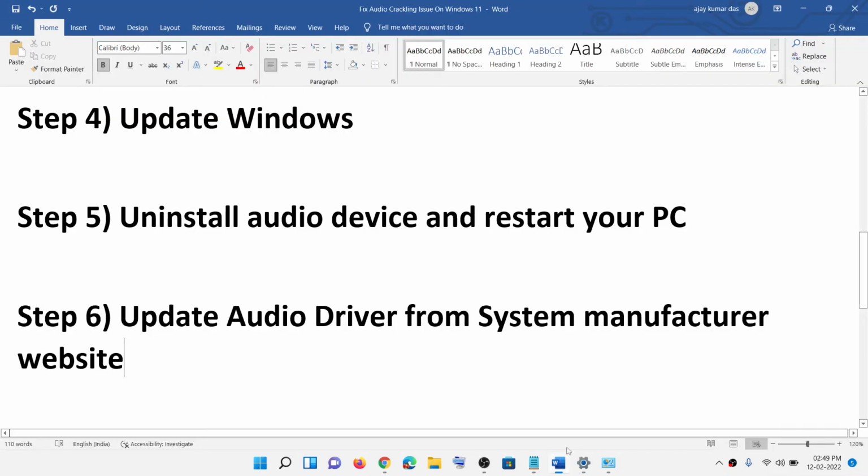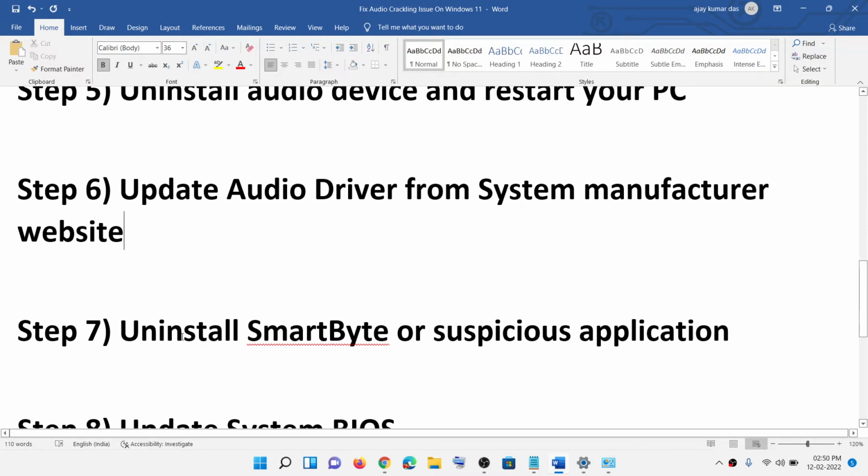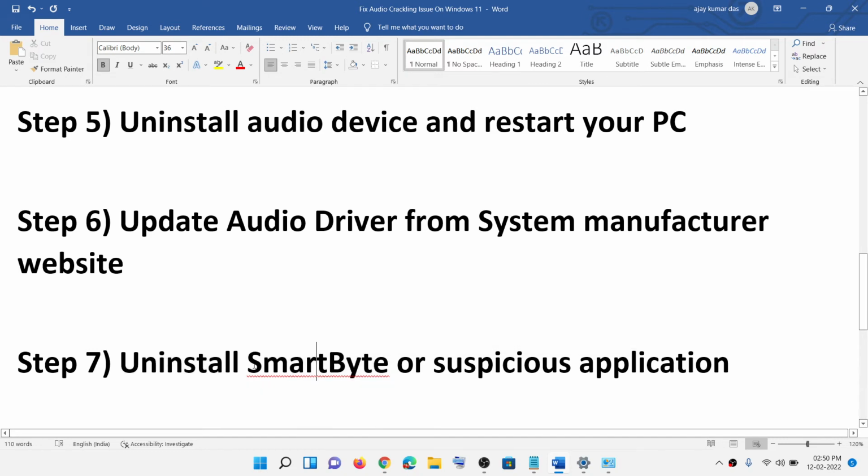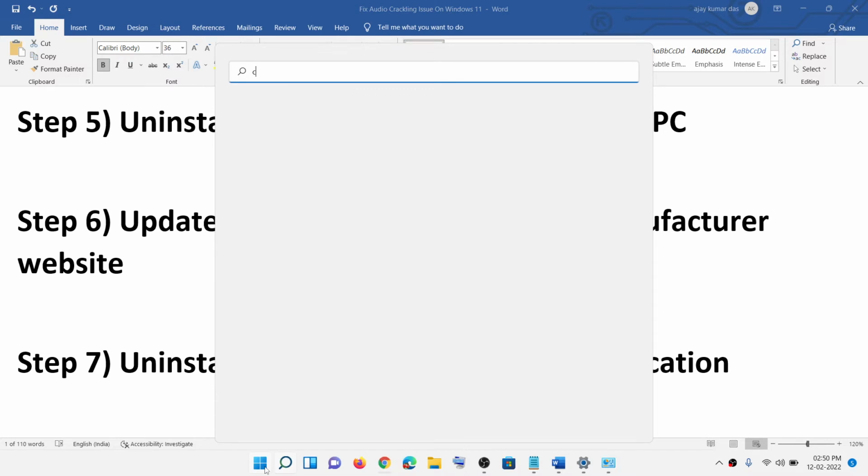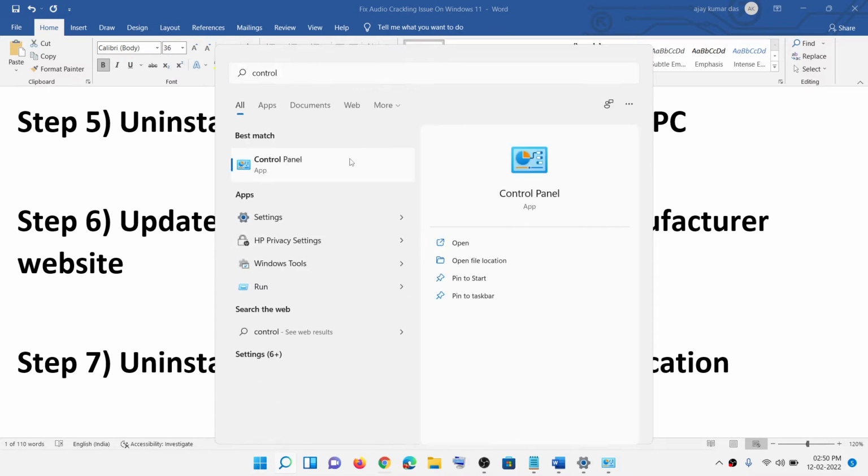Now still you're facing the crackling issue. In that case, uninstall SmartByte. So if you have this application installed on your computer, uninstall it. So you can open control panel and then